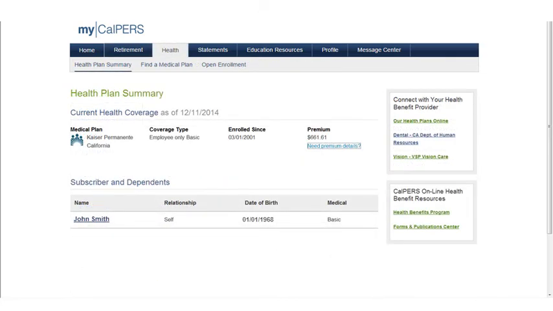Let's move on to the Health tab. Not everyone has health benefits through CalPERS. If you don't, then you won't see this tab. You should contact your employer regarding any health benefits questions. For those of you that do have health insurance with us, the Health page is where you can review your